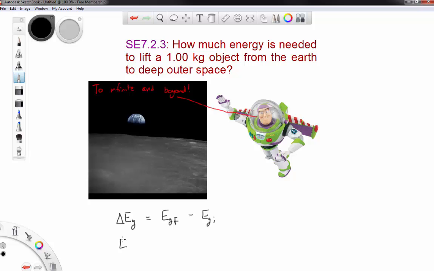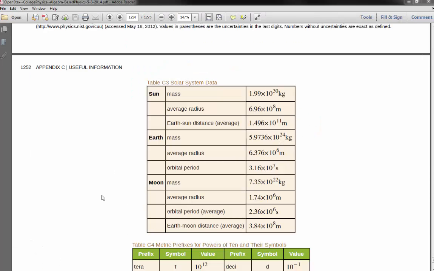And E g in this case, we might as well just use minus G m1 m2 over r, where m2 is the mass of the Earth,